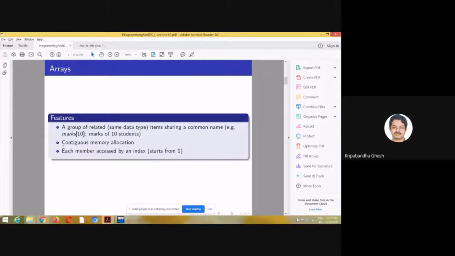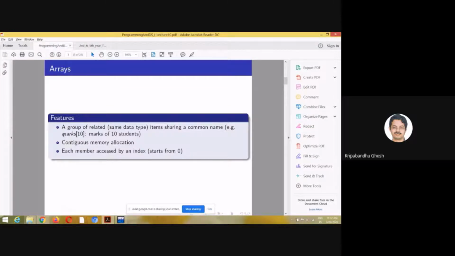That is important. You can't create an array where the first element is an integer and the second element is a float. You can't do that. And you can give a meaningful name to the array if you are using it for a particular purpose. For example, you want to store the marks of 10 students for a particular subject.